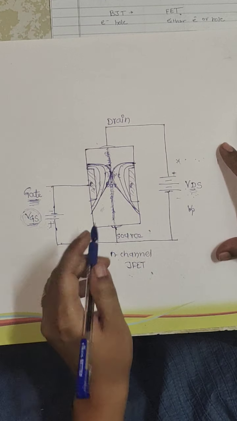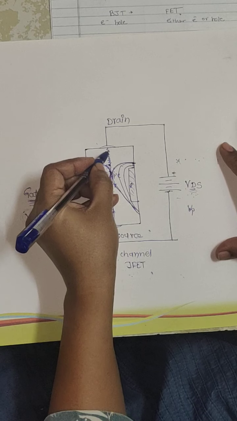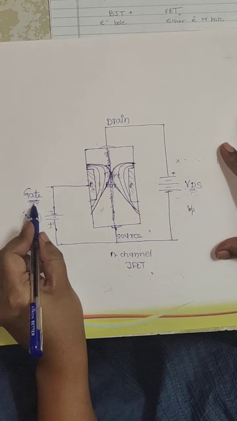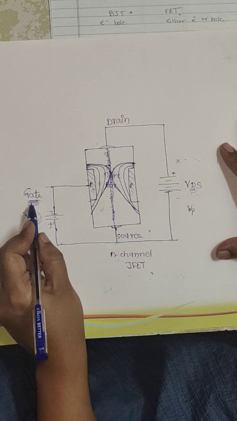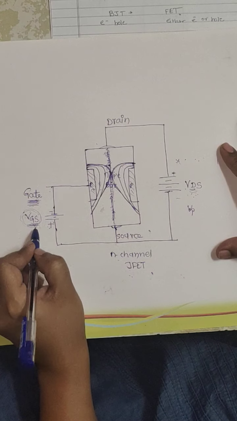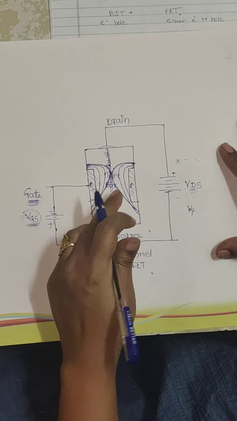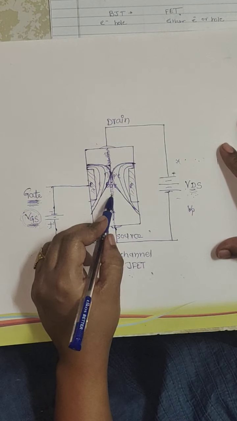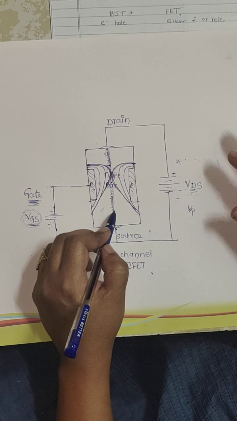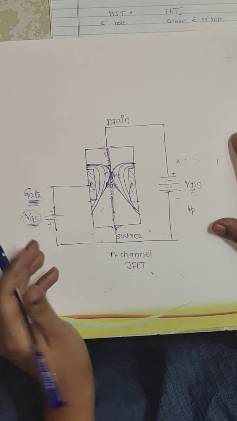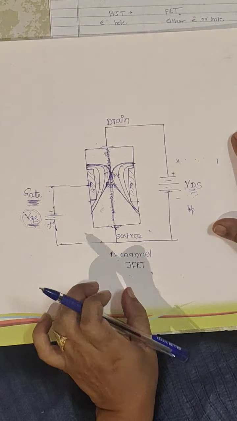In this way, the output current, which is called the drain current, is totally controlled by the gate terminal. If we apply the VGS voltage between the gate terminal and the source terminal, we can control, or lower, the drain current flowing in the output terminal. Therefore it is called a voltage control device.